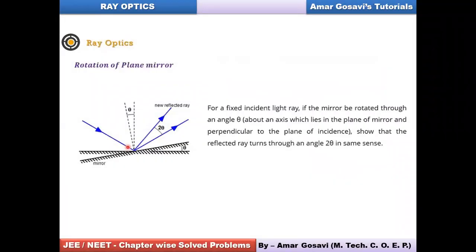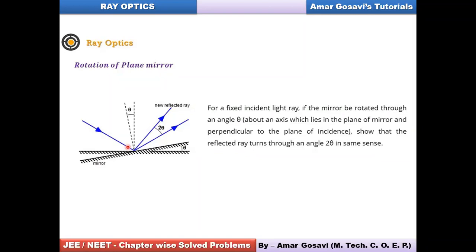Here is an interesting situation you can see. If we talk about how the plane mirrors are rotated, say for example, there are two plane mirrors and they are rotated by some angle theta. So what can you say about their reflected rays? By what angle would they get rotated? They would get rotated by 2 theta. This is something which you should remember, recall, so far as the entrance problems are concerned.